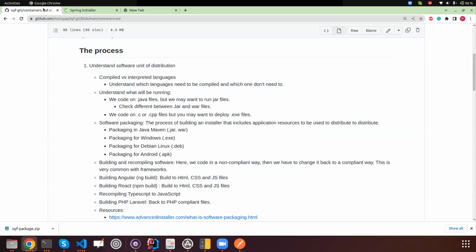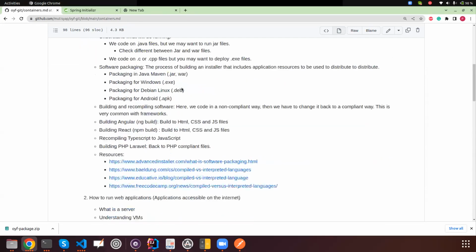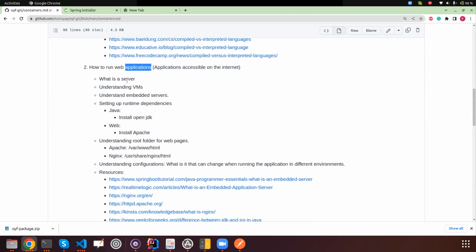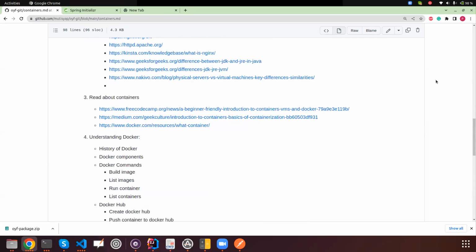So most of the time, and please don't confuse this, think of Docker as helping you put your applications on the cloud, and that's why even when we went to containers, the earlier topic was how to run web applications. Think of containers as for web applications. These are applications that are running somewhere where they should be accessible on the internet. So that is the honest